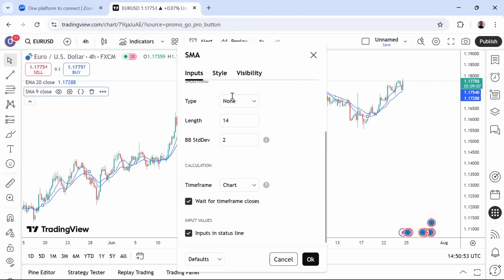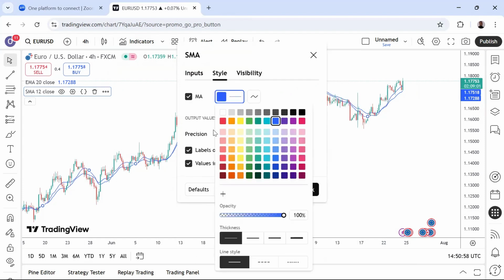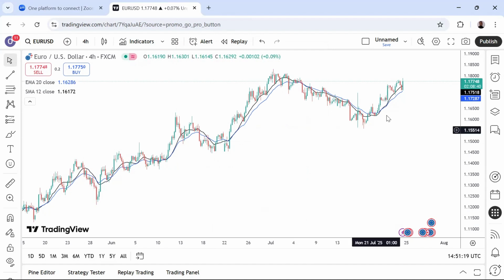Look at SMA 12. Change the color to black, something so that we can easily differentiate it. Makes sense. And there we have the SMA. Now, if we are using two moving averages, when they cross facing down, it becomes a good confirmation for us to enter a sell. When the cross is facing up, it is a good confirmation to enter a buy. So this is just how you use your moving averages. Very simple. SMA 12, 20.